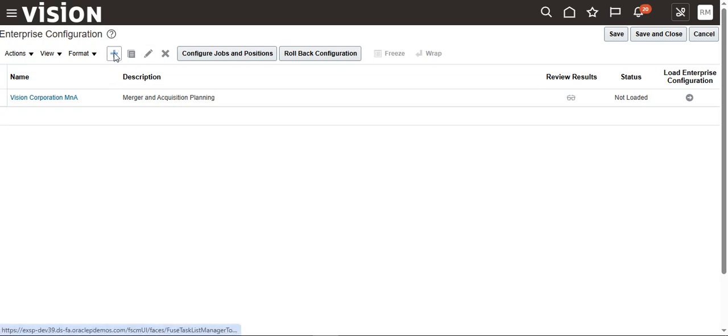So once we create the enterprise structure, after that our organization name is showing here. We can click and load the changes. It is automatically loaded here in this Fusion application. After that, the status is changed to loaded. Okay, I can show one by one. First click